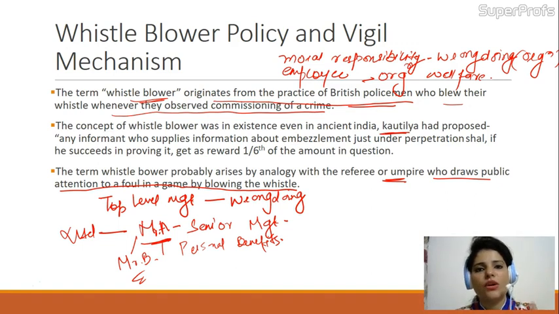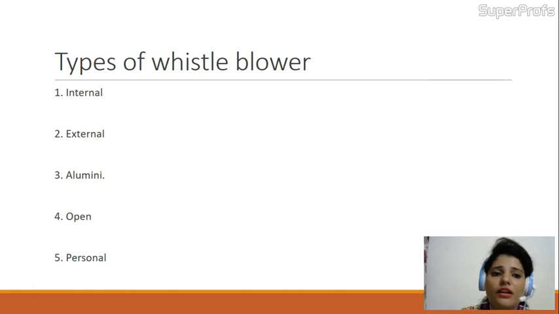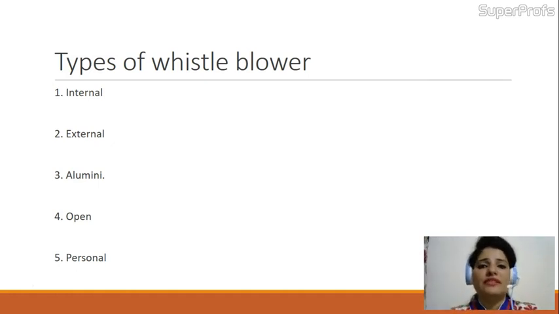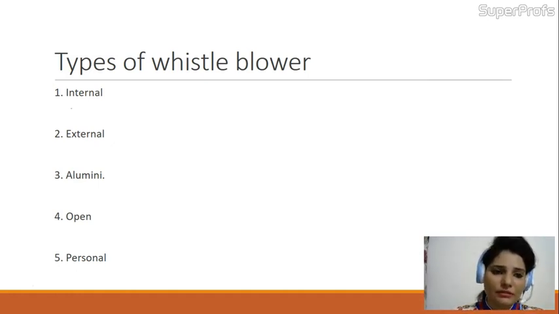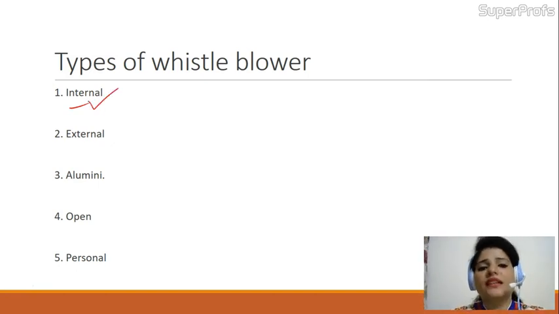That is basically the whole idea behind whistleblowing. So now we will be discussing what are the types of whistleblowers. First type of whistleblower is the internal whistleblower. Now in the internal whistleblower, what happens? Someone from within the organization